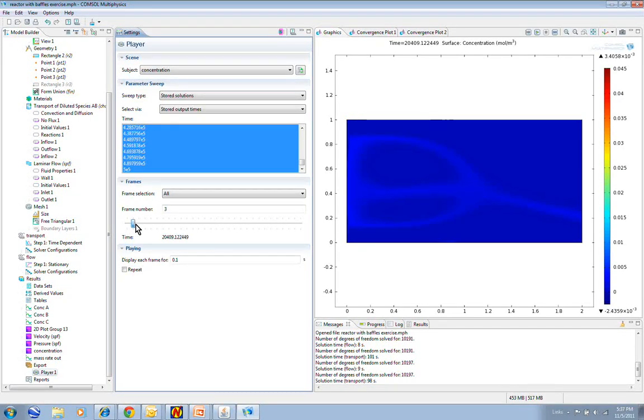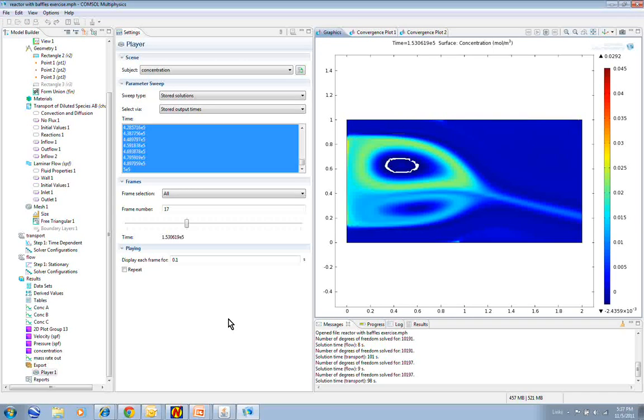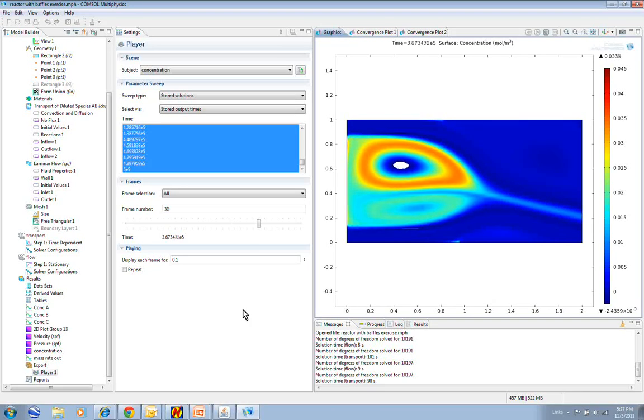Start out here, and as time progresses, we can see some low concentrations forming, marking these eddies. And then it increases with time, and there it is progressing. That was white there because we had a little bit of a negative concentration, and I've adjusted the plot so that anything below 0 is white. Okay, so this is the final distribution of the concentration of C,